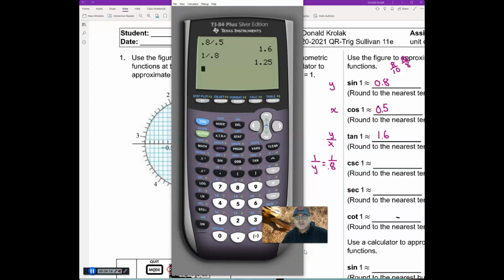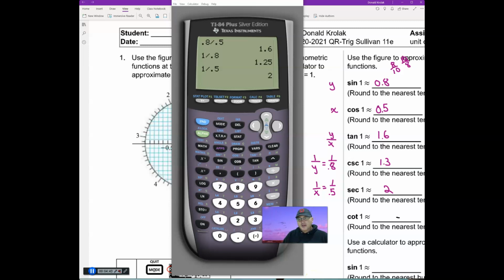Rounded to the nearest tenth, that would be 1 3/10. Our secant is the reciprocal of the x-coordinate, the cosine, so that's 1 divided by 0.5, which is going to be 2. It's 1 divided by 1/2, 2. And then our cotangent